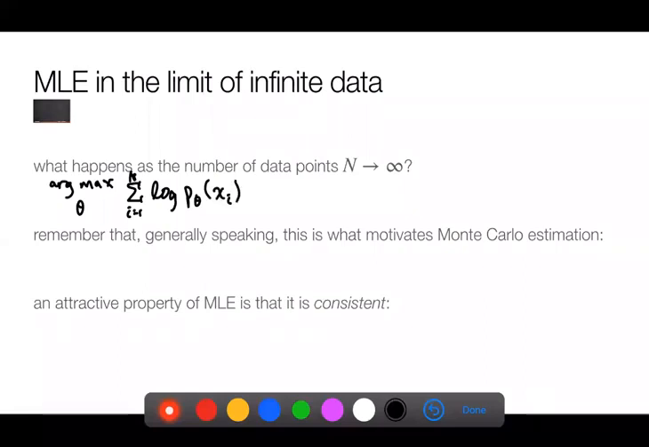Now I could equivalently write this as 1 over n, so an average instead of a sum. Nothing actually changes about the argmax. I'm just dividing by something to make it look a little nicer. So instead of a sum, I'm now working with an average, but the argmax is still the same. Well, as n goes to infinity, this thing becomes an expectation of the log probability